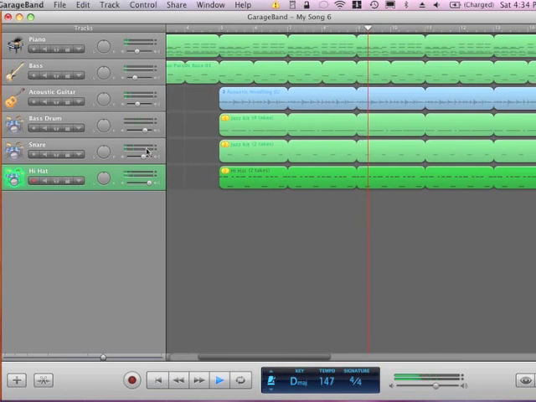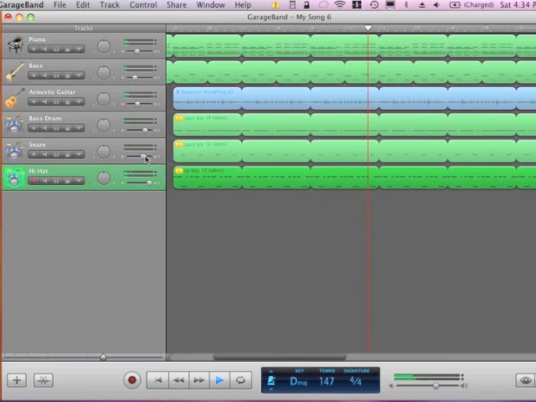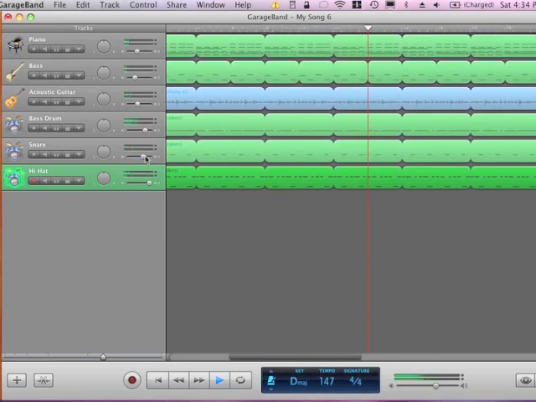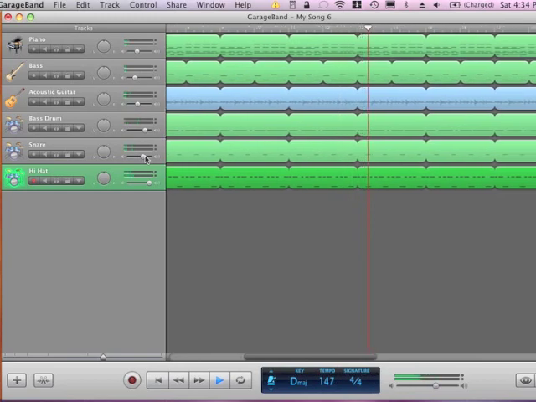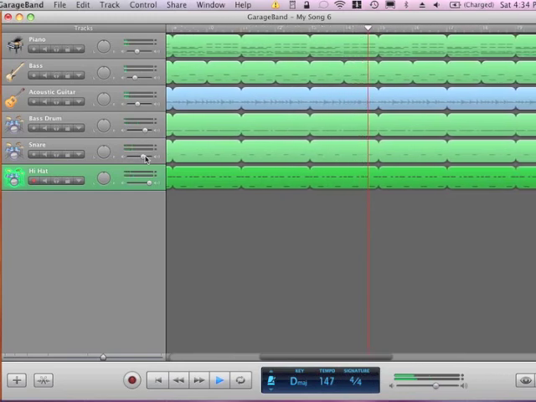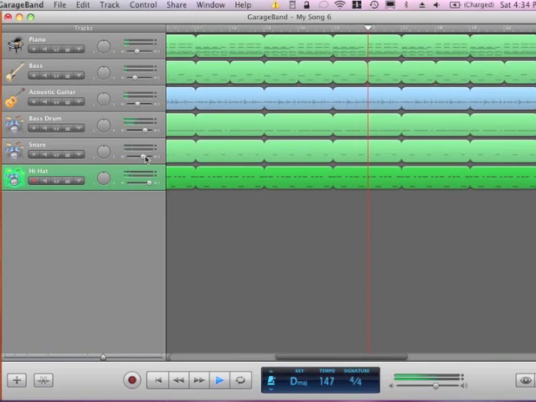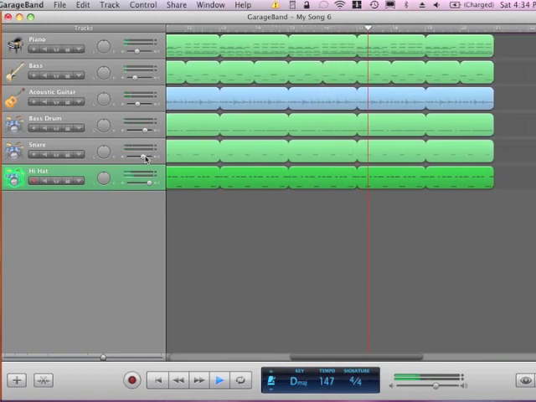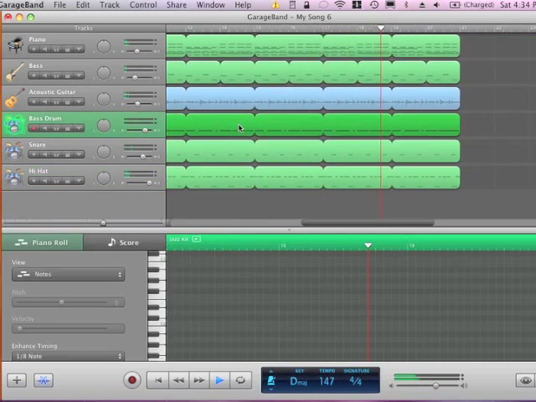Adjust some of my volumes. And start mixing. So when you first do this, don't be too upset if your timing isn't that accurate. You can try to improve it, but don't forget that the program itself will give you a chance